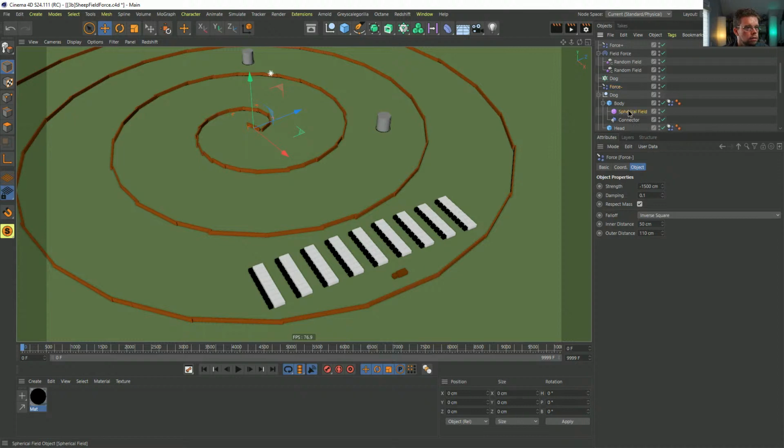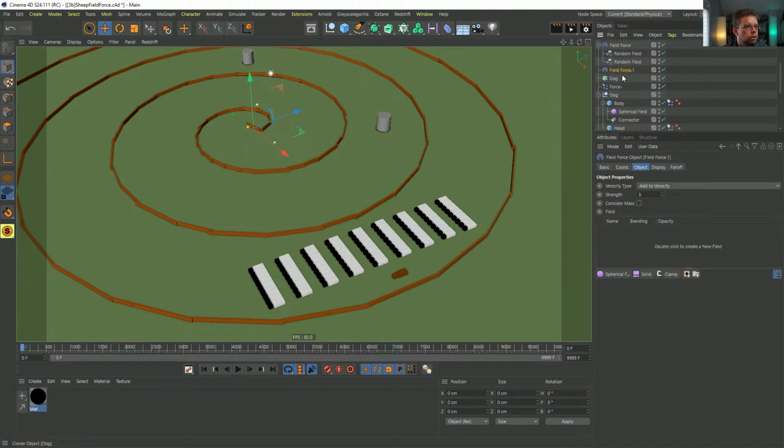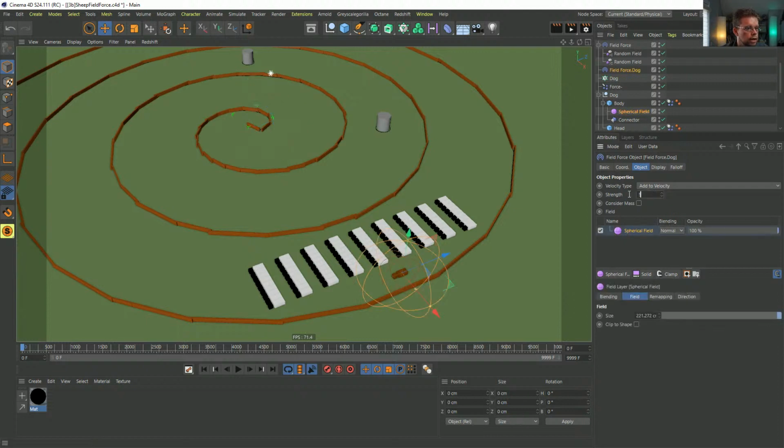And yeah, that goes on the dog. Oh, I moved the wrong thing. Move the correct thing. Okay, field force. Let's call this one field force dot dog. It will get that, and we'll give it a bunch of power. So let's go overboard. So we'll say 222, and that should do it.